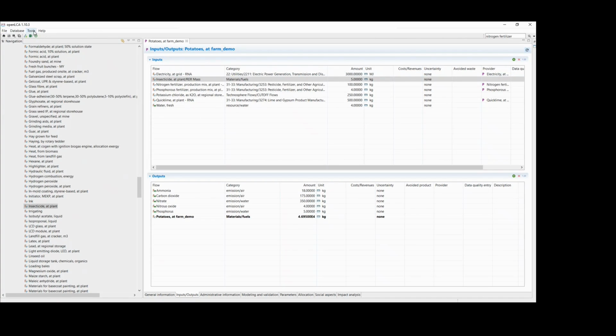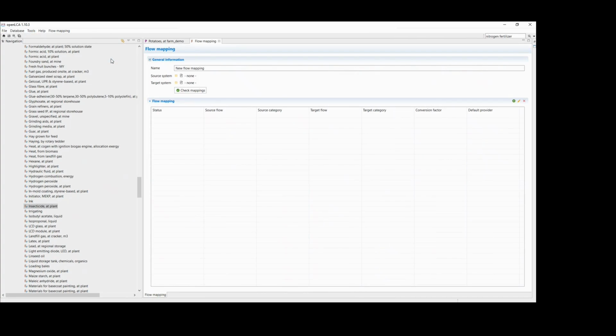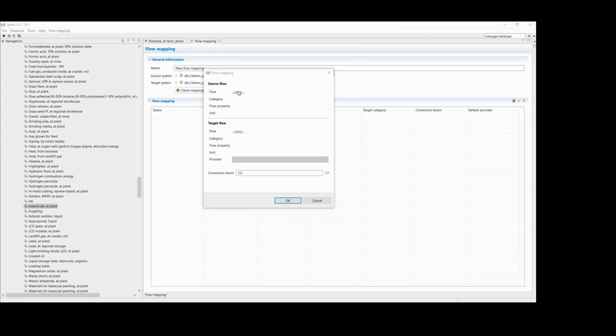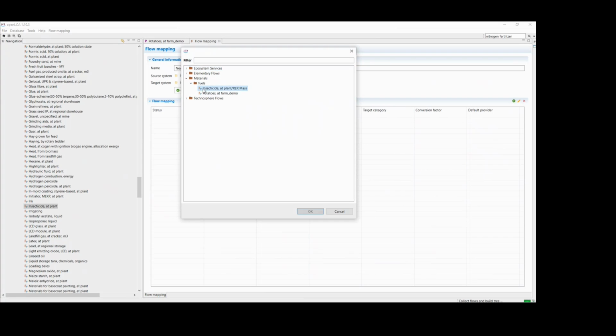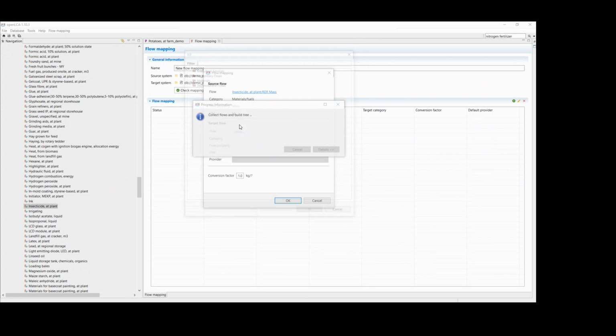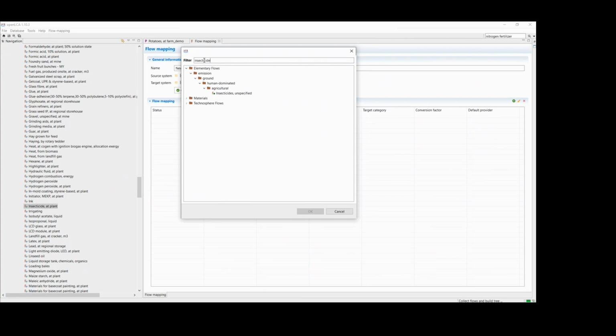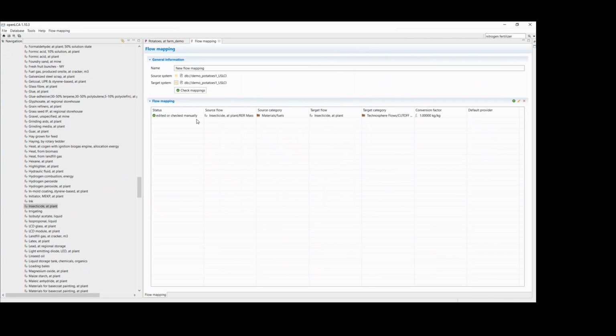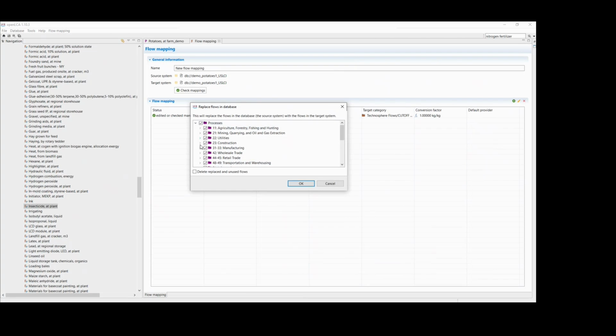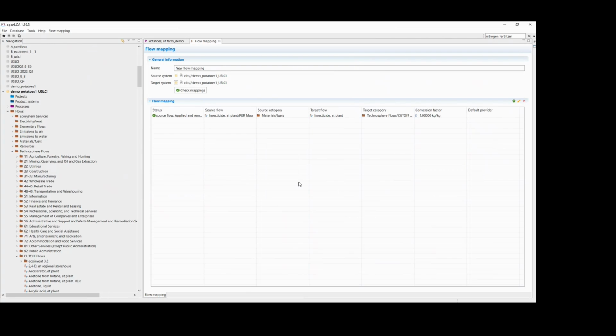Okay, so now I'll just go back to flow mapping really quickly. You could either go to flow mapping or you could just delete the flow in here and add it back in. I like to do flow mapping in case there's any notes or distributions included that I might miss if I'm deleting it and recreating it. Insecticide, cutoff flows. Okay. And then we'll just go ahead and apply that on our database, delete the old flow.